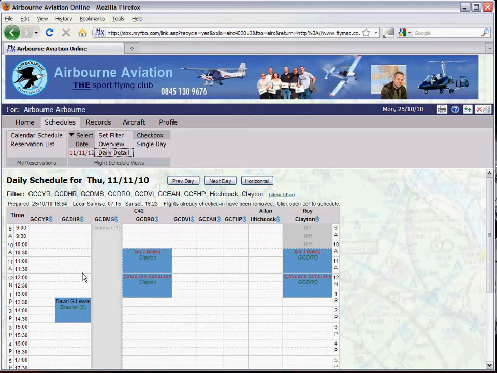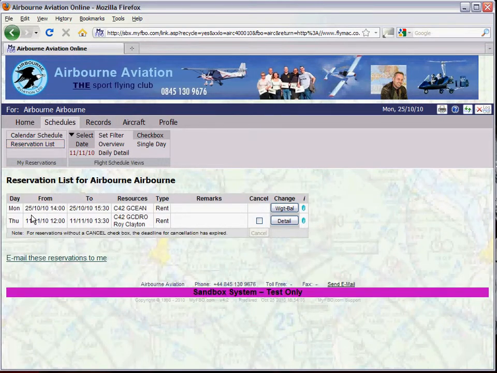Now if I want to delete a booking that I've made, then I can simply go to the booking, check that it's definitely the one I want to remove, and then I go to my reservation list in the menu system, select that. From all my reservations I can pick the actual one I want, which is this one I've just made on the 11th, and here we can see there is a tick box in the cancel column, so I can select that, and underneath I just hit cancel,